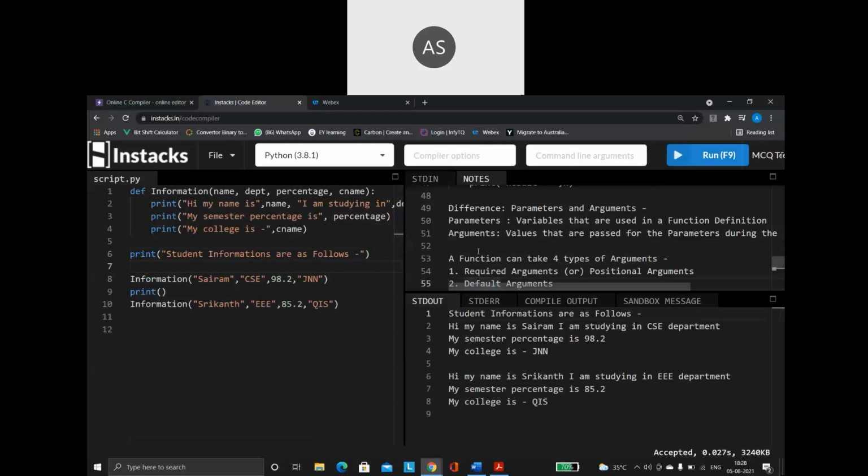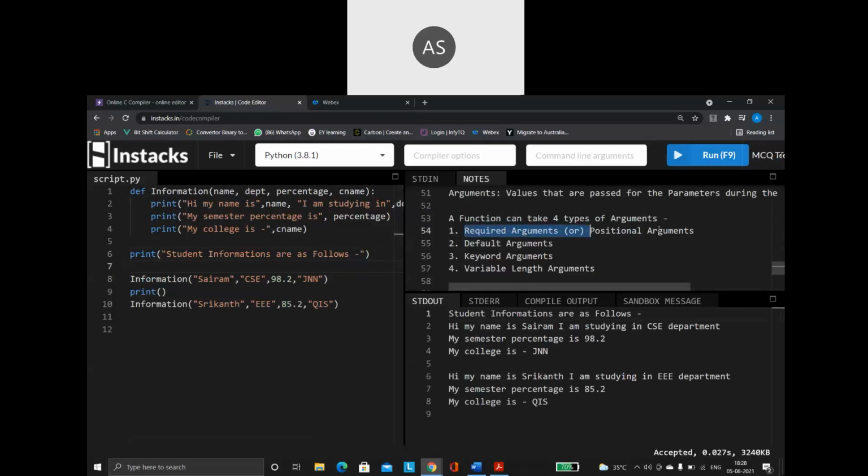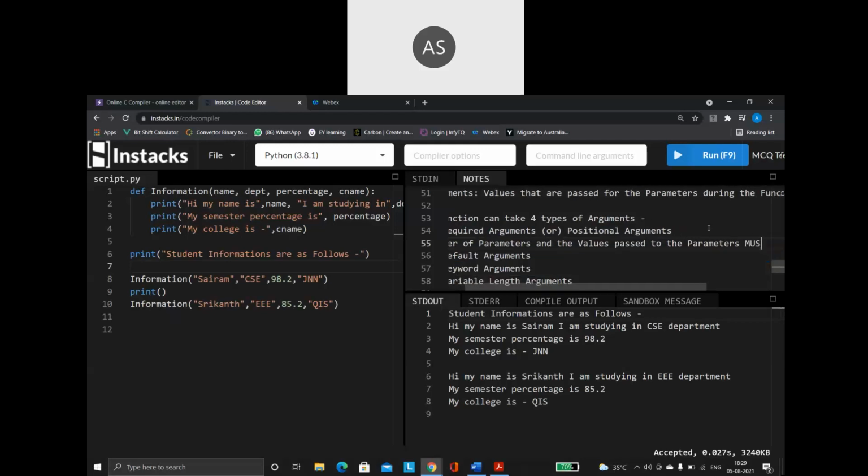Now, what is the first type we are seeing? I am telling you about the required or the positional argument. What do you mean by this? The number of parameters and the values passed to the parameters must always match, otherwise your program is going to throw you an error.